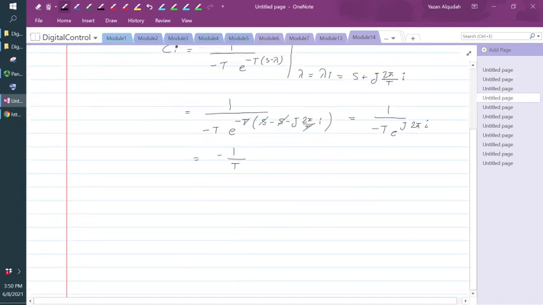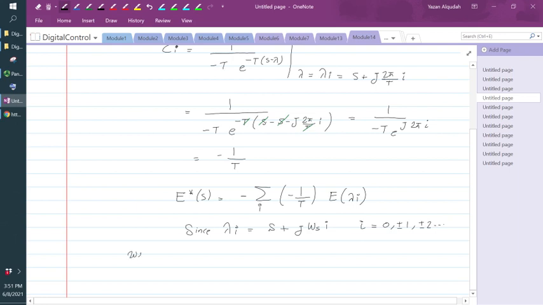So therefore, E star of S is equal to negative the summation over I. The residue that we just calculated is going to be 1 over t multiplied by E of lambda I. And since lambda I is equal to S plus j omega S multiplied by I, where I is equal to 0, plus minus 1, plus minus 2, etc., we can write this